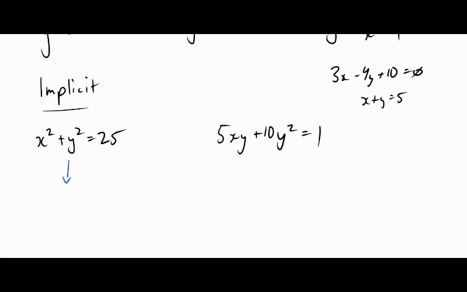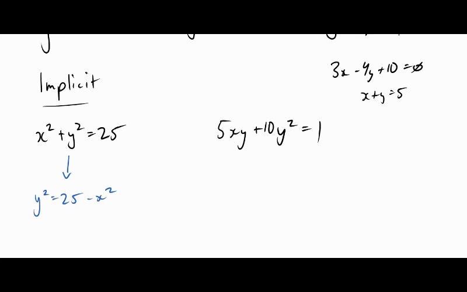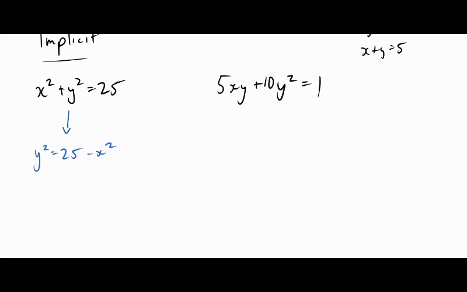So as an example, in the context of what we're talking about here, I'm going to move the x squared over, so I get y squared equals 25 minus x squared. And then what would I have to do to solve for y? I'd have to take the square root of both sides. So what's useful in what you do in grade 11, and then we look at a little bit in MHF, with the square root function and with taking the inverse of a function,